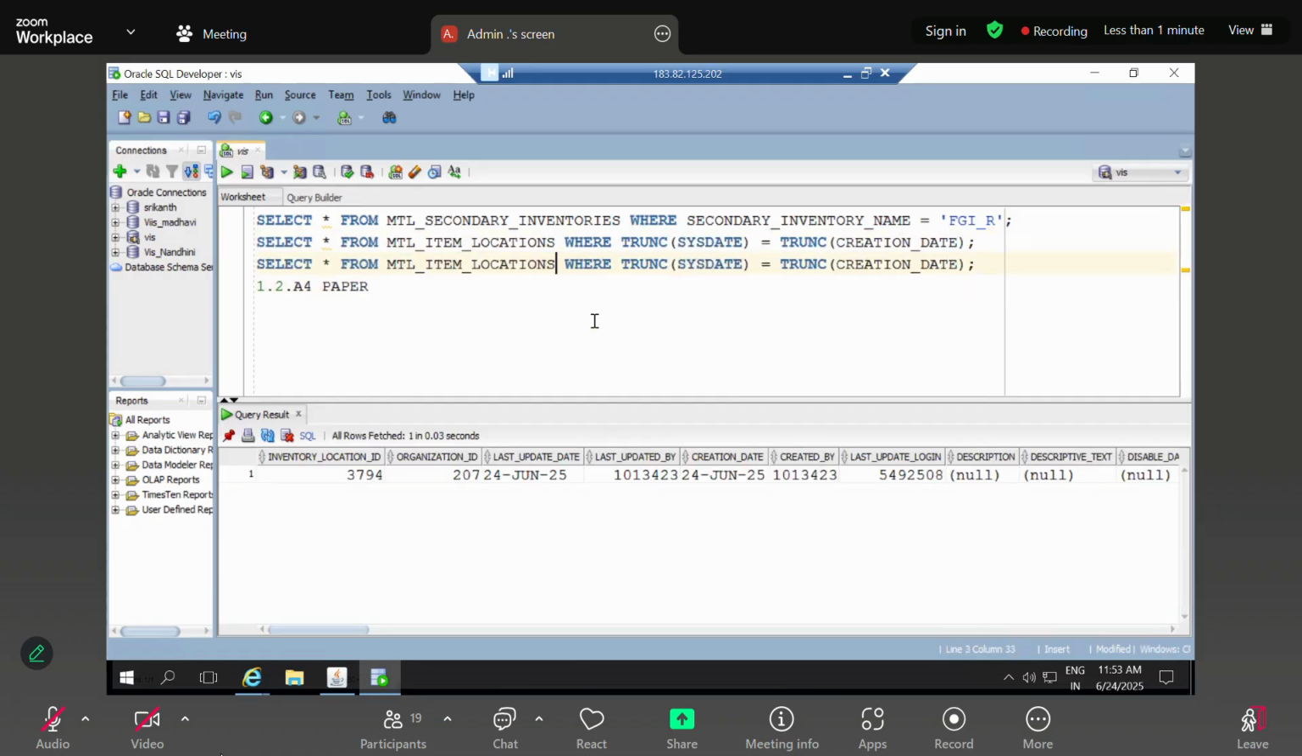MTL_ITEM_LOCATIONS_KFV, key flexfield view. This is the base table, and based